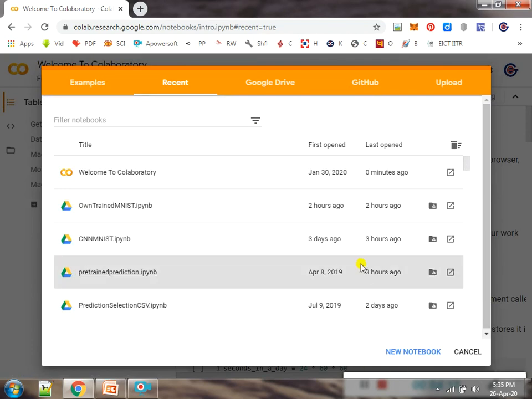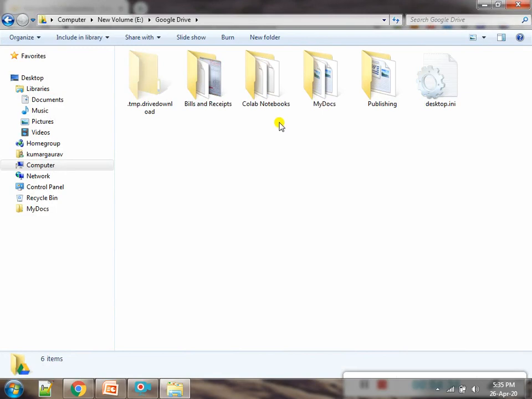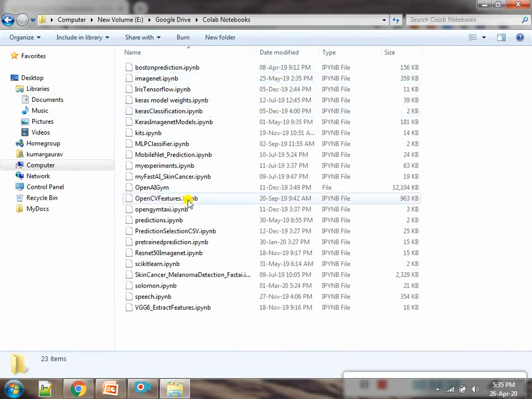One more benefit of this platform is that whatever we program on Google Colab is automatically saved in Google Drive. So Google Drive is in sync with Google Colab. I can show you in my Google Drive. In the Colab notebooks folder there are so many programs which I have already executed for different applications like MobileNet, OpenAI, classification, and prediction of different types of disease.